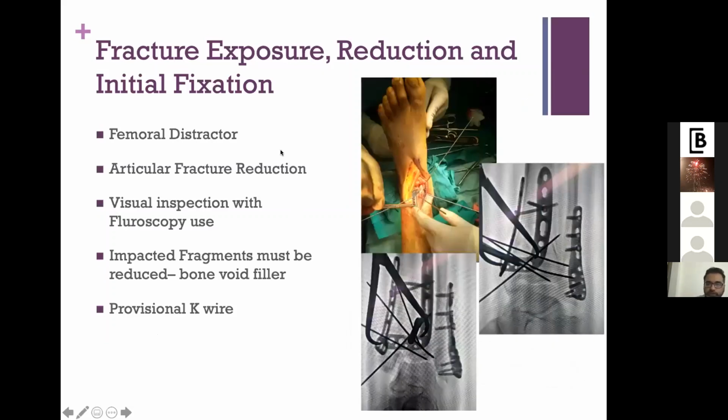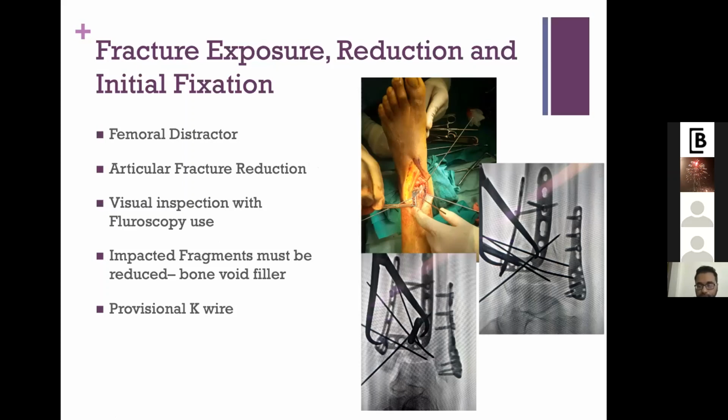So femoral reduction is very much necessary for articular congruity, to maintain articular congruity and articular reductions. And the reduction should be done under visualization or with the help of fluoroscopy. And one must care to lift the fragment if it is an impacted fragment. If it has to be reduced, you should lift up and give a structural support with the use of bone graft, the autograft using a cancellous bone, or you can place a bone substitute also.